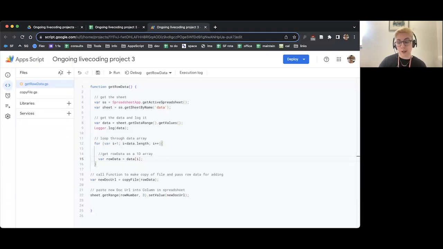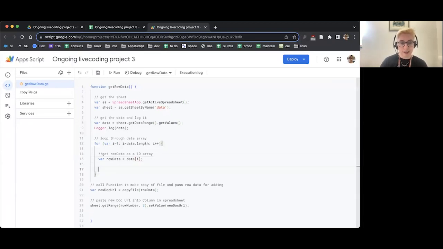So the other thing I'm going to do is make sure I've got that cell, the information in that cell there, stored in a variable so that I can check it easily when I do an if. I could do this all within my if condition, but I'm going to separate it out so it's nice and easy. I can see what's going on. So I'm going to hit enter and enter again, do 2 forward slashes for a comment, and I'm going to write get the cell with the URL to check if there's already one. You can write whatever makes sense to you. To me, I like to be a bit wordy in comments so I fully know what's going on.